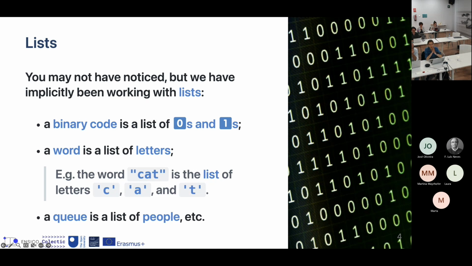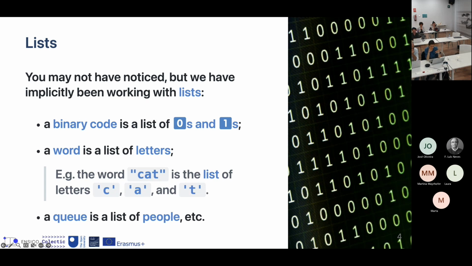When we were talking about a binary code, we were talking about a list or sequence of zeros and ones. And we know since we were little that a word is a list of letters. For example, the word cat is the list of the letters C, A, and T. We also know that a queue is a list of people, and so on. So